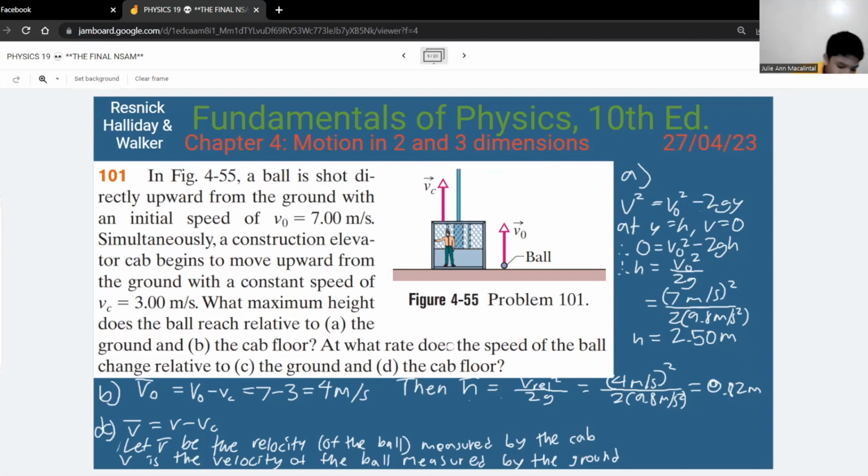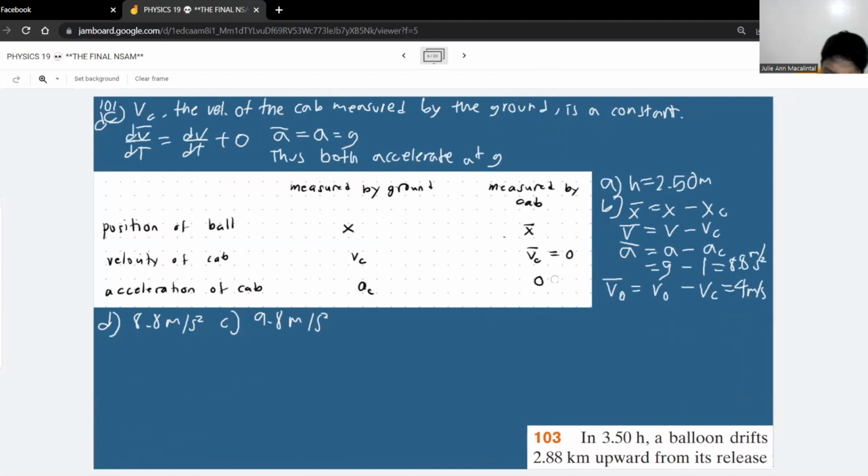Surely something should change. Meron na siyang acceleration so it must have moved farther up. Meron bang time dito? So tingnan mo yung first equation mo, yung V squared equals V naught squared minus 2GY. How should you modify that as measured by the cab? So yung V magiging V bar, and then yung V naught magiging V naught bar. So V bar square